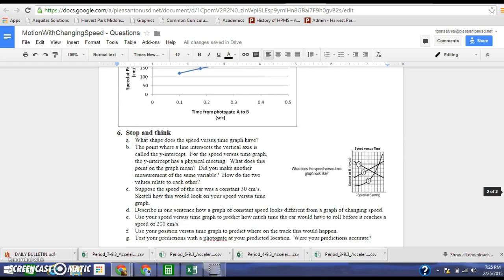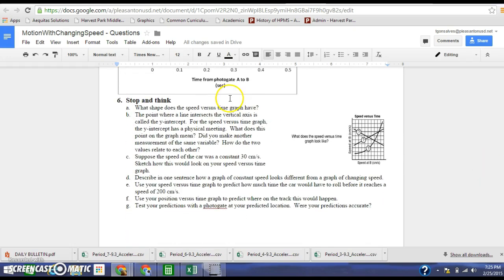Now you're going to answer the stop and think questions. Make sure when you're looking at it, you're paying attention to which graph. Speed versus time. What shape does it have? And then what's going on for each of these items. Suppose the speed of the car was at 30 centimeters. Sketch how it would look. If you're on a computer and you don't want to sketch it, you can sketch it in drawing or you can describe it. And describe in a sentence how the graph of constant speed looks different from a graph of